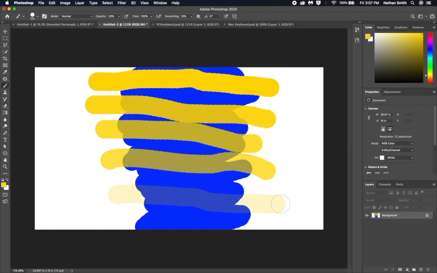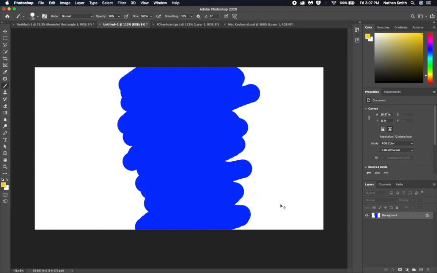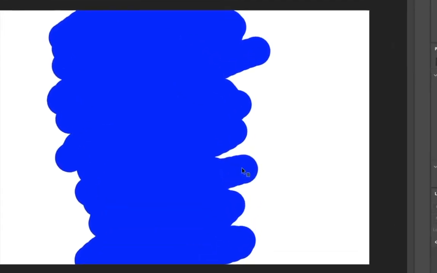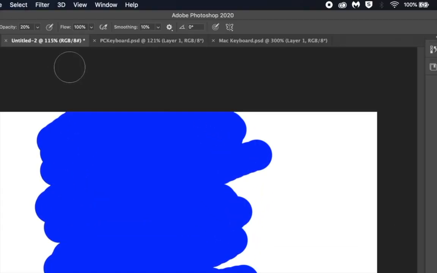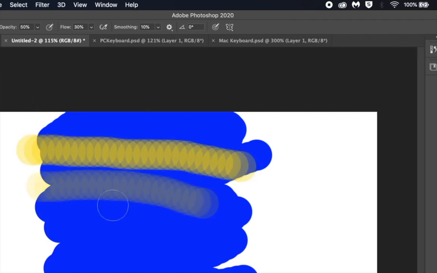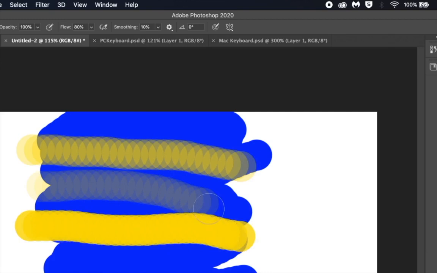Although flow is similar to opacity, it's a little bit different. It's like how much paint is actually in your brush when you put it on the paper. To change the flow when you're in a brush tool, you hold the Shift key down as you press the numbers, 8 for 80%. All this time I'm just holding the Shift key down as I press the numbers to change the flow. I'm going to turn the opacity back up to 100%. Depending on the flow and the opacity that I give my brush, it comes out at different rates.